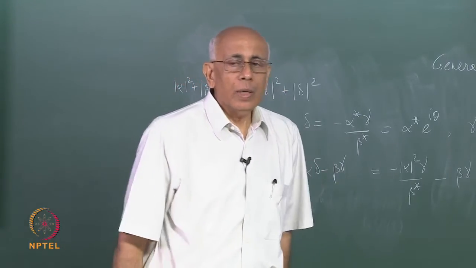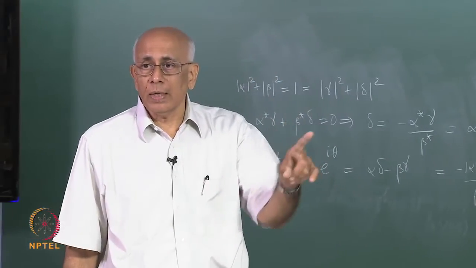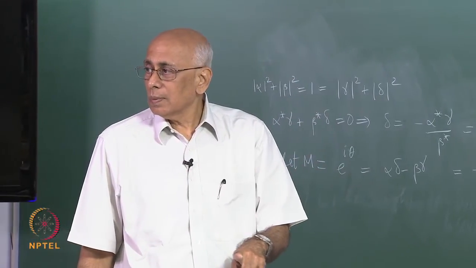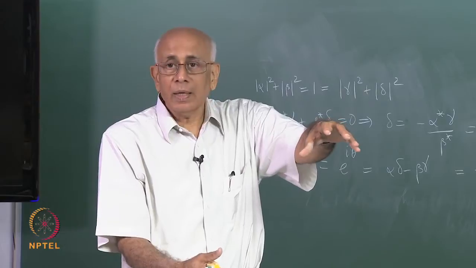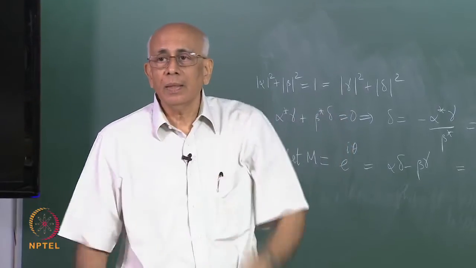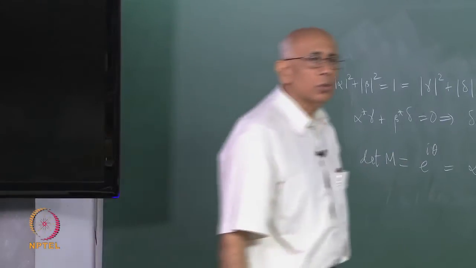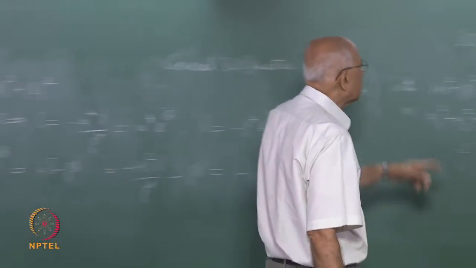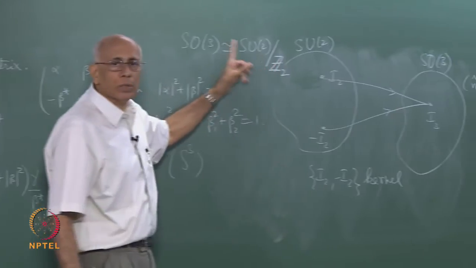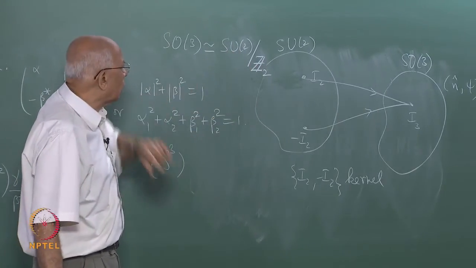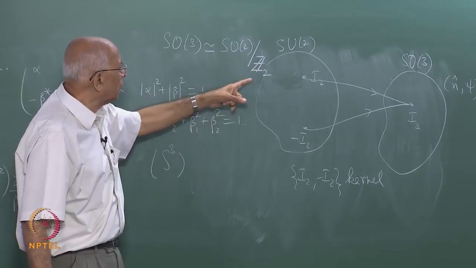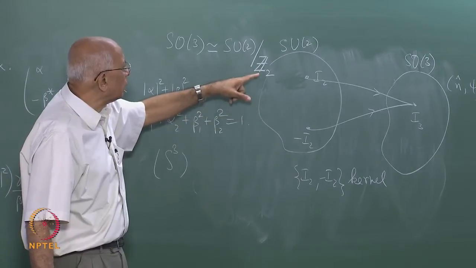So up to a sign, this is modulo this Z2 element here, okay, and these two are now in one-to-one correspondence. So if you ignore the overall sign of the matrix in SU2, and regard both the plus sign and the minus sign as going to one element, that quotient group is the same as SO3. There is this 2-to-1 relationship, and this is the technical way of writing it, that it is a quotient group, okay. This is actually a coset space, it is the set of left cosets of Z2 in